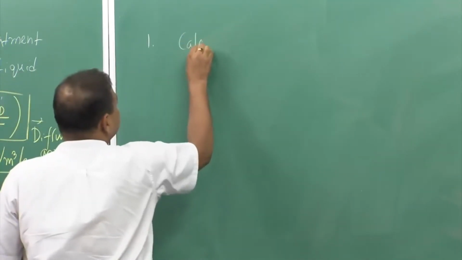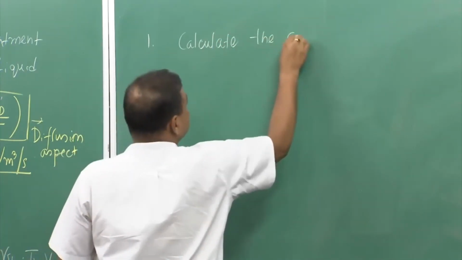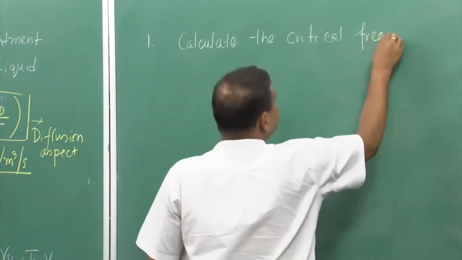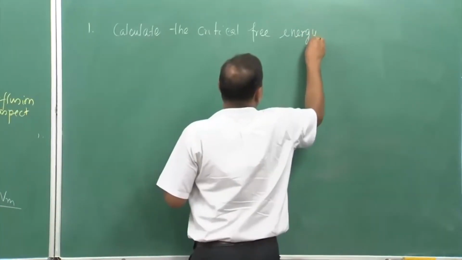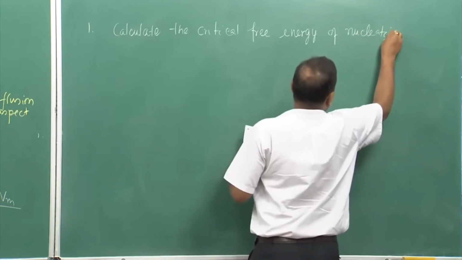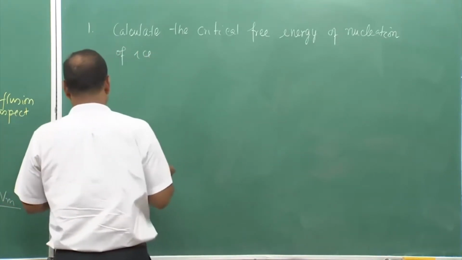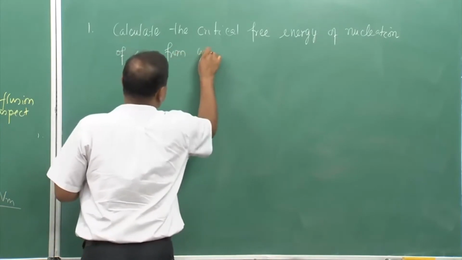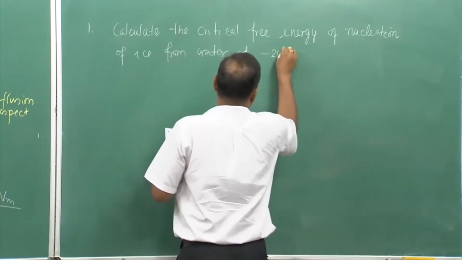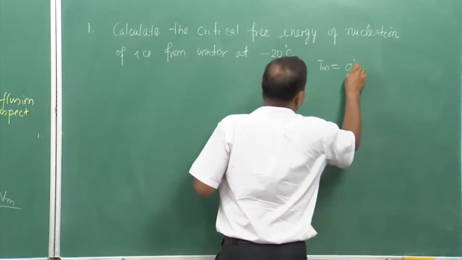Calculate the critical free energy of nucleation of ice from water, at minus 20 degrees Celsius, where Tm is 0 degrees Celsius,